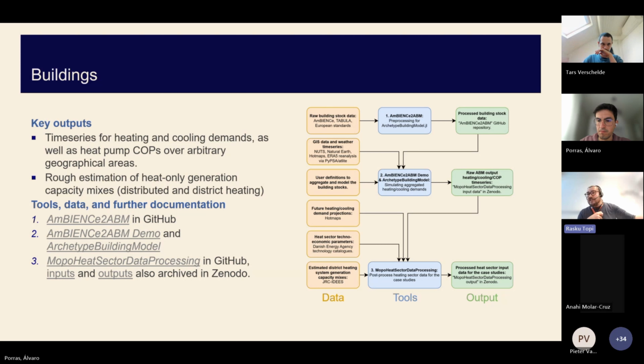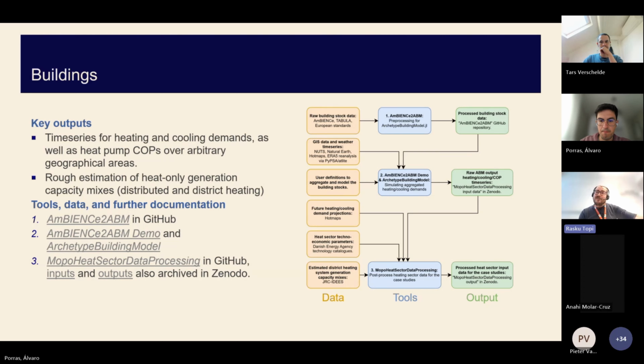It also, of course, takes in some GIS data about the assumed distribution of the building stock, weather time series from ERA5, etc. And like I mentioned, what that produces is the time series themselves.